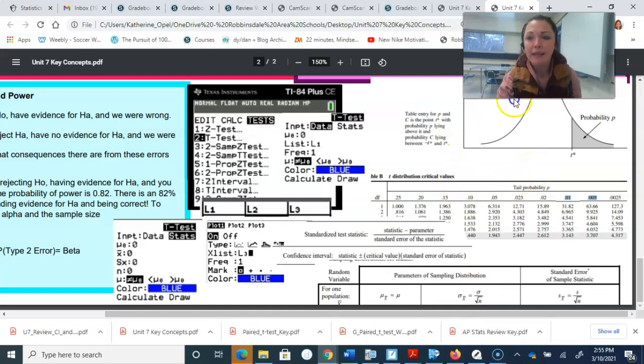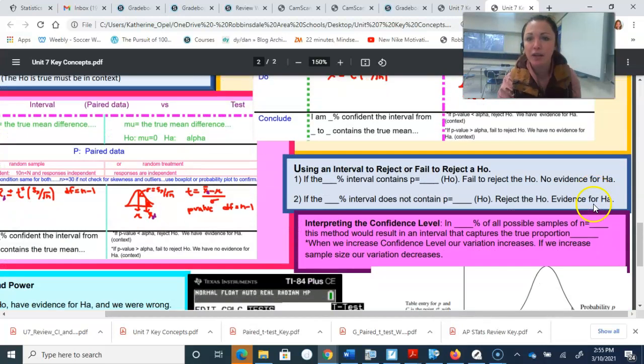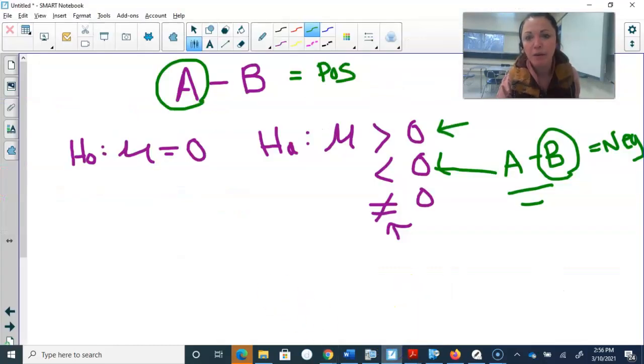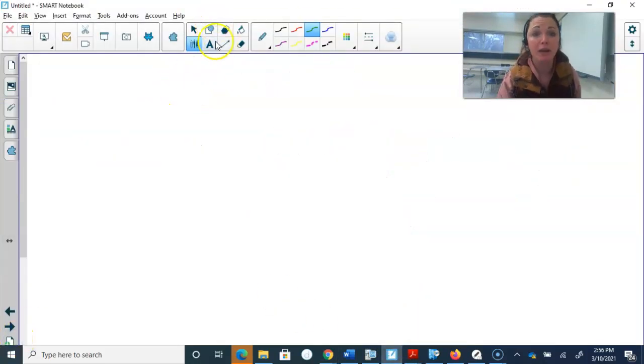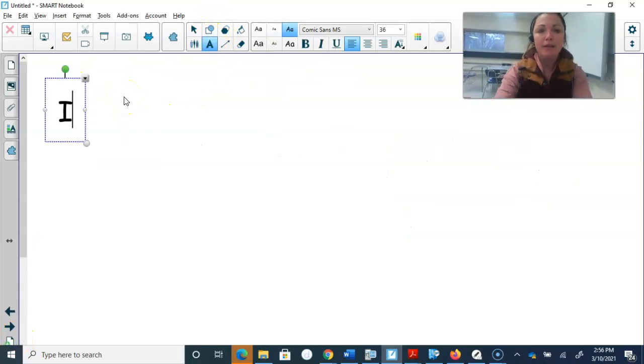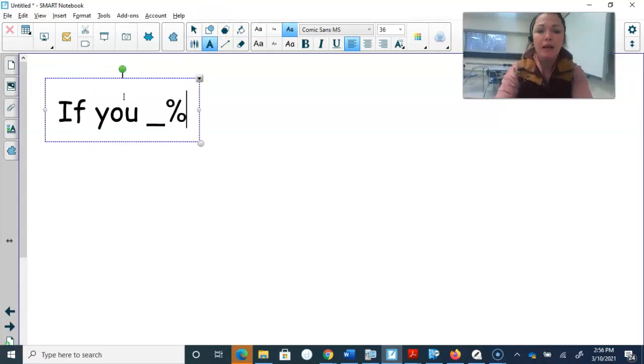Okay, lastly, if we look at this chart here, sometimes they'll maybe give you an interval and they'll ask you, do you have significant evidence? Meaning, would you reject or fail to reject the null hypothesis? If your blank percent interval contains not p, but mu, okay? So let's write that in. We're going to cross that off and we're going to put mu. I'll do it over here so I'm not confusing too many of you. So keeping in mind, guys, if your blank percent confidence interval